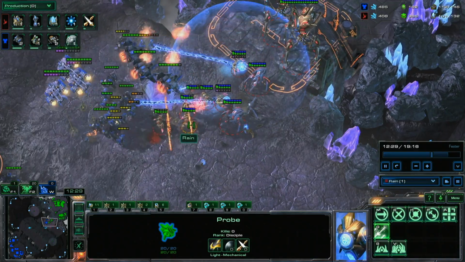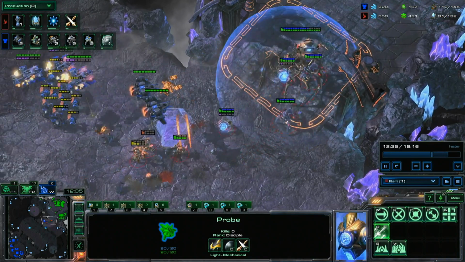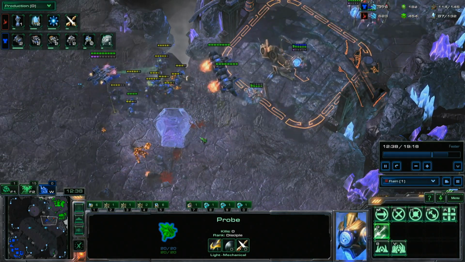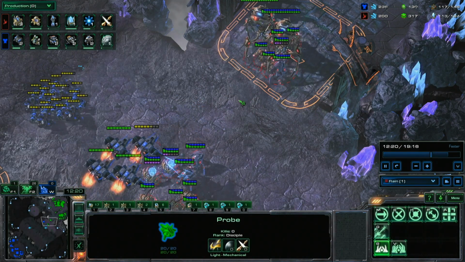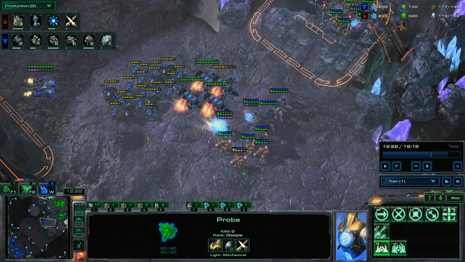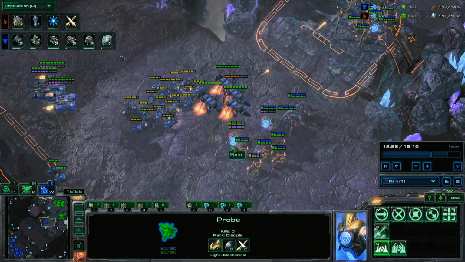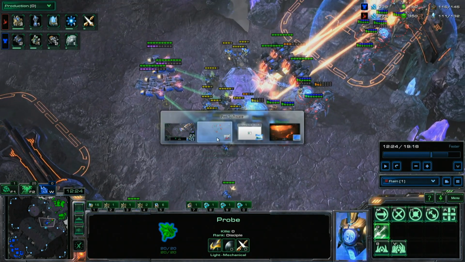If he didn't lose that one full energy sentry, he would have been in a much better spot because he would have been able to trap that army with force fields. In fact, let's actually just back this up a tiny bit right here, right? Let's pause it really slowly and think about this sentry right here. If this sentry didn't die, right when he turns around and engages, if he actually didn't lose that sentry, right,